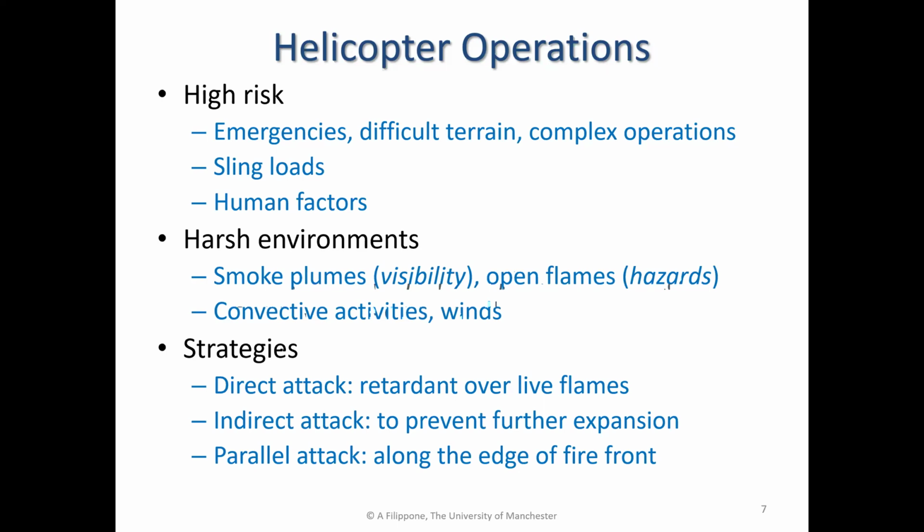You can have open flames. Sometimes the helicopter flies just over open flames, and these are incredible hazards to fly in. Important for the safety of the aircraft is the activity of the winds. So you need to understand where the winds are coming from, so that you can attack the fire from one direction or another. And the convective activities, if you have high convective activities, they go for those who do wakes analysis. The convective activities are opposite to the wake, so they change the behavior of the aerodynamic forces and loads